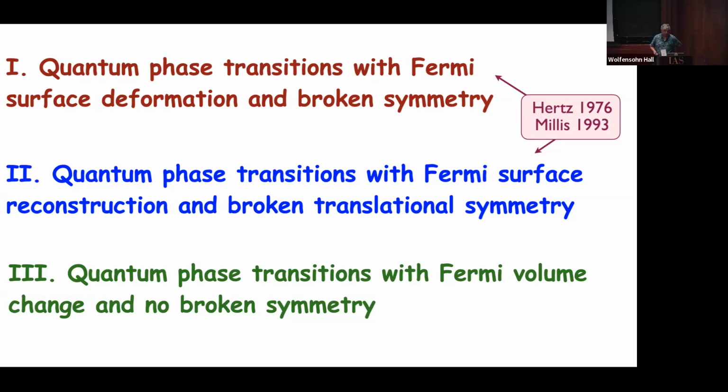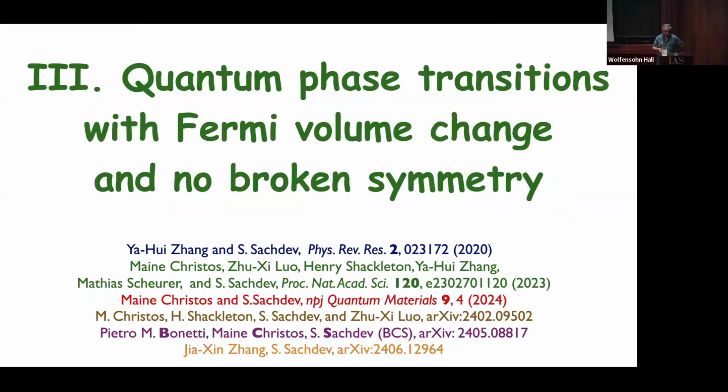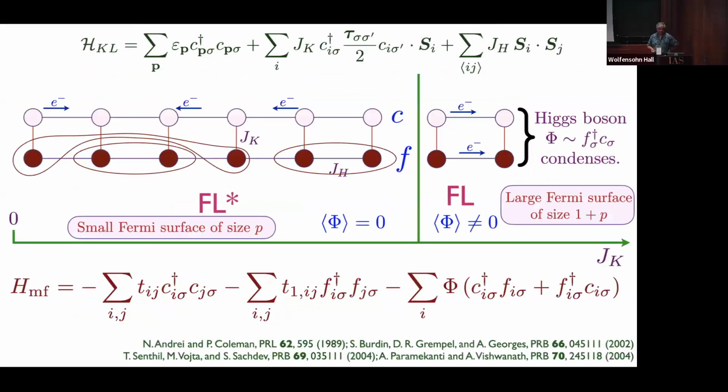So finally, today I will talk about the third case more, where this is the more exotic case, where there's no broken symmetry, but because of some change in the entanglement structure of the wave function, you're going to get two different phases. So all right, that's case three. And the one case that I discussed last time is in the Kondo lattice, where you can essentially prove the existence of at least two phases.